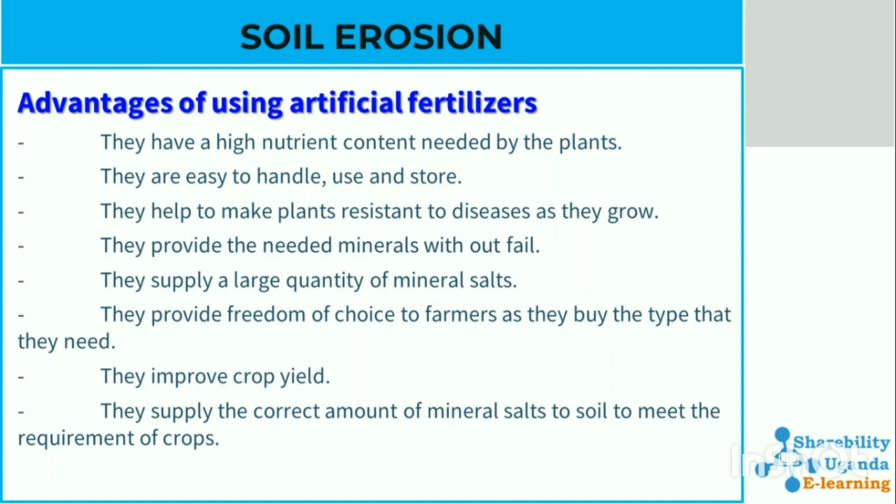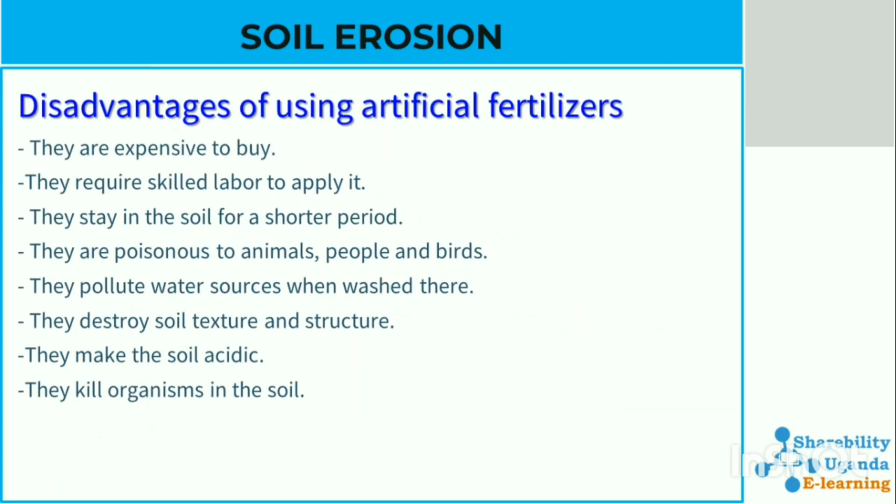Advantages of artificial fertilizers: they have a higher nutrient content needed by the plants. They are easy to handle, store, and use. They help to make plants resistant to diseases as they grow, and they provide the needed minerals without fail. They supply a large quantity of mineral salts to the plants and provide freedom of choice to farmers as they buy the type they need. They improve crop yields. They supply the correct amount of mineral salts to the soil to meet the requirements of the plants or our crops. However,